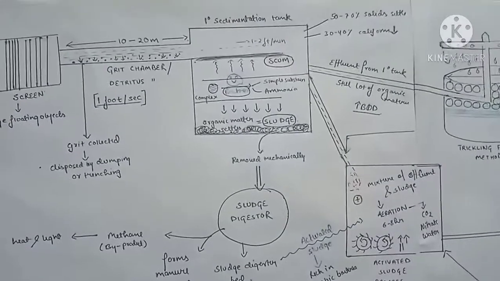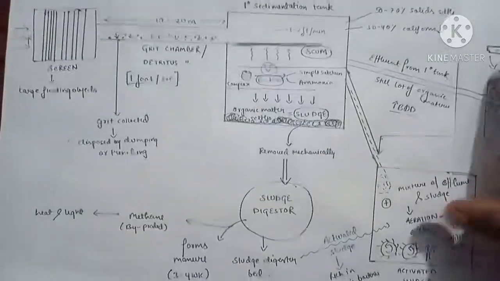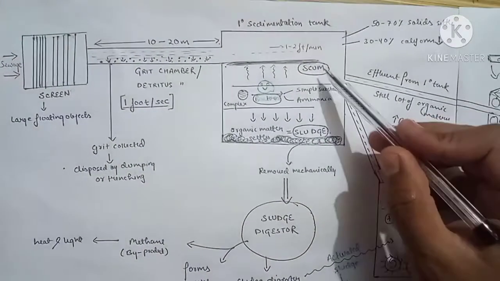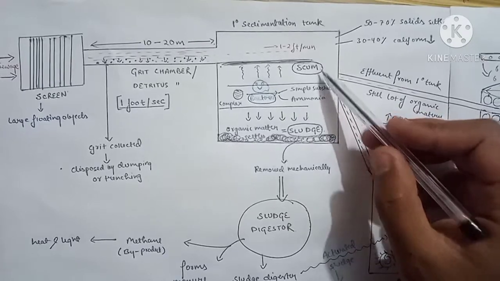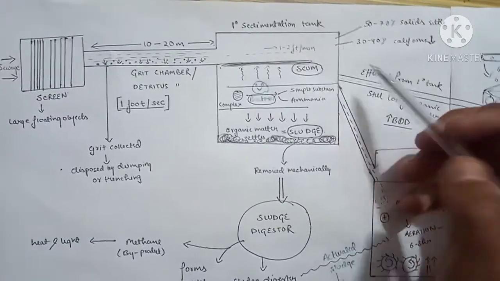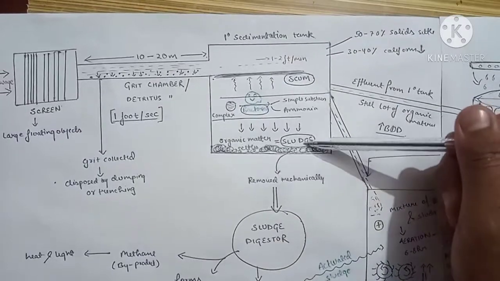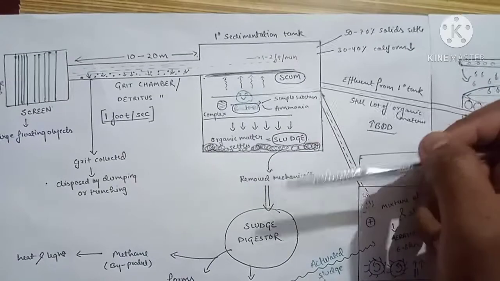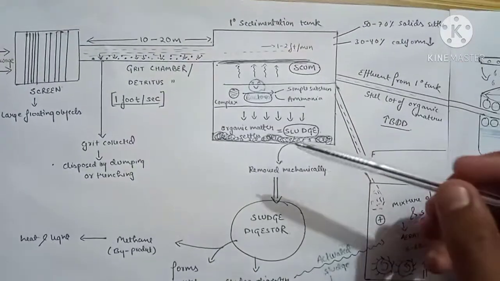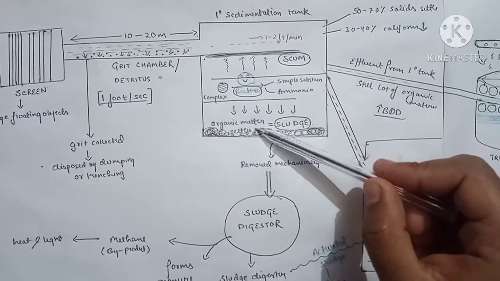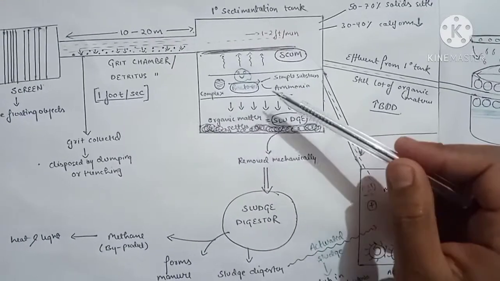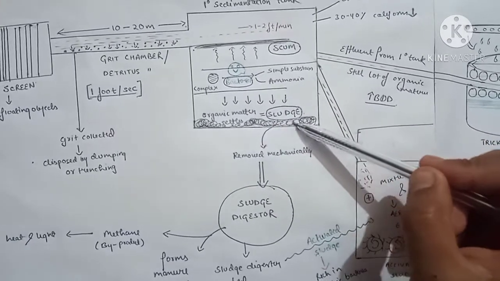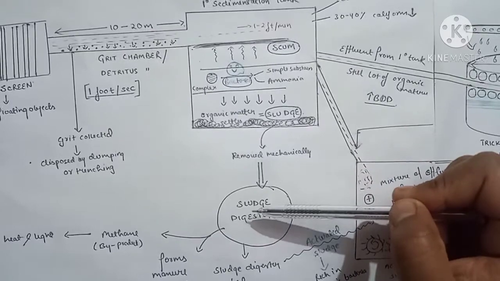And this is like the core of a factory, where many things are going to happen. As the effluent enters this tank and stays here for 6 to 8 hours, three major things are going to happen. The first is sludge formation, the second is breaking down of complex organic compounds, and the third is scum formation. This effluent was already containing a lot of organic matter. As it stays here for long hours, this organic matter is going to settle down on the floor, and this is what forms the sludge.